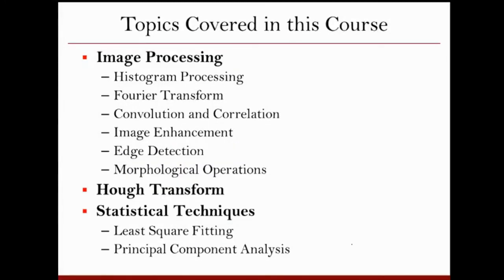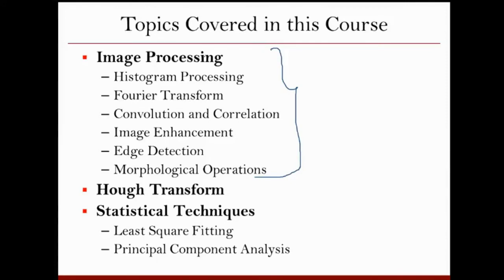Now, what are the topics we are going to cover? In this course, we are going to discuss primarily two things. One, some image processing applications. The ultimate task in computer vision is to get some information out of the images. But if the images are not of good quality, then it is difficult to get the right or good information from the images.